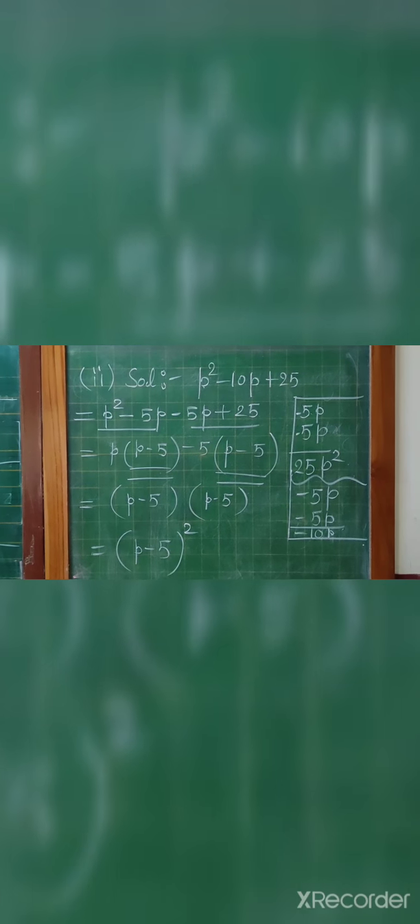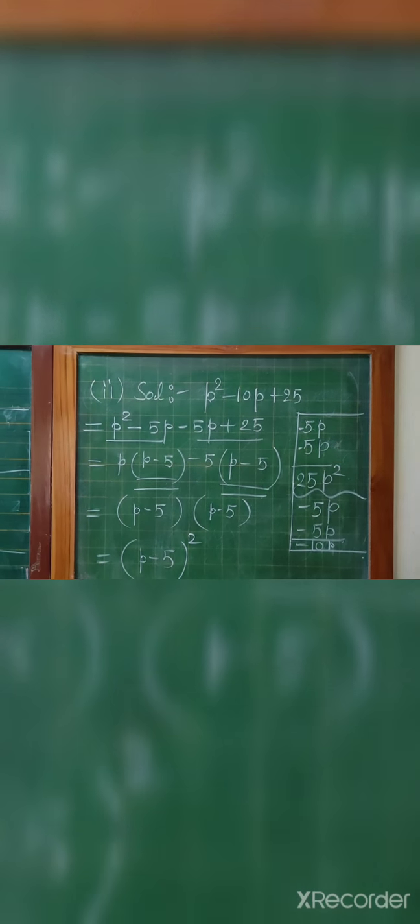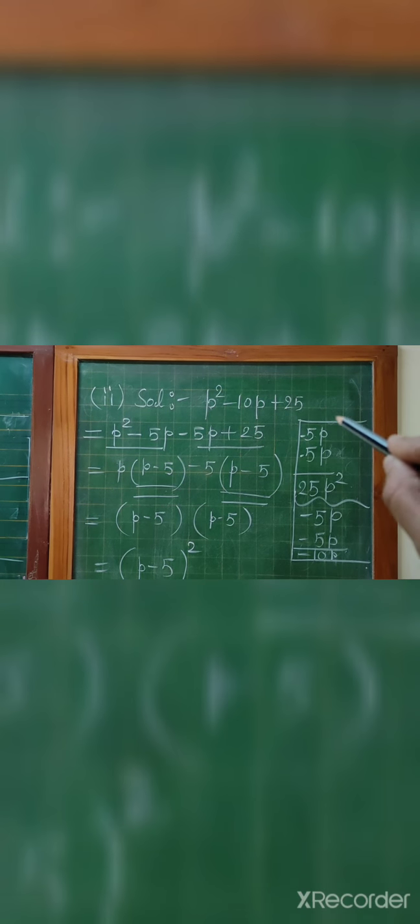But if you want to solve by using the identity, I am explaining: p square plus 5 square minus 2 into p into 5, so you get the a minus b whole square formula. Now the third I am solving by using identity. You can also solve first and second by using identity. So see here, 25m square plus 30m plus 9. We can write the first term in square form, 5 square, 5 fives are 25, m square, and 3 square, and the middle term as it is. Now 5m whole square plus 3 square.